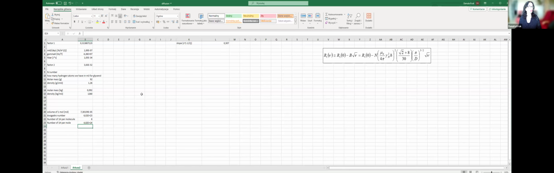So what is the conclusion? We know that in this volume we have this number of hydrogen atoms. So what will be the number of hydrogen atoms in the volume of 1